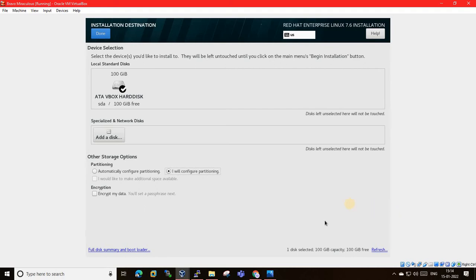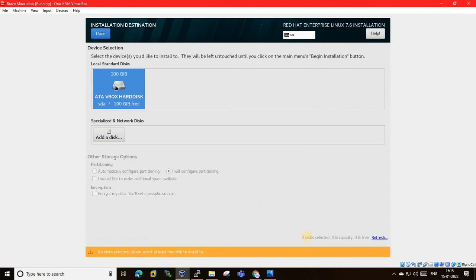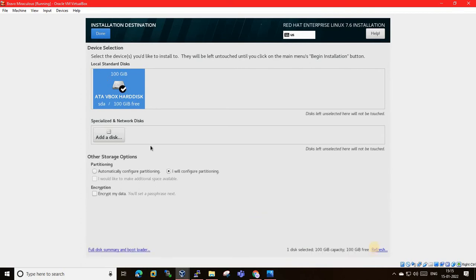Your cursor is not inside that area, and that's the reason it is not coming up. Okay, and now what we have to do is click on done.